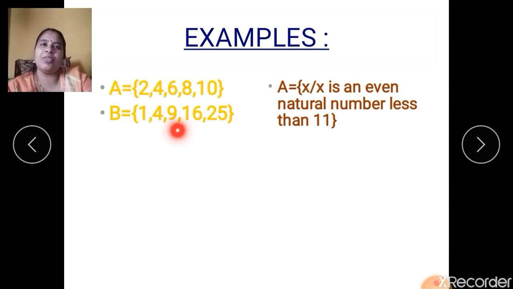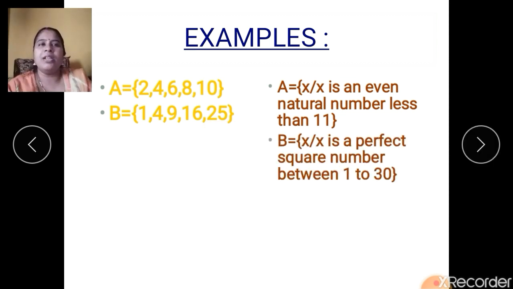This is a square of 3, 4 and 5. We are restricting ourselves to the squares till 5. Now how to write this in set builder method? See this. I have told you set builder method, it will always start in this format. Till here it will be same. What is it? B is a set of all x such that x.